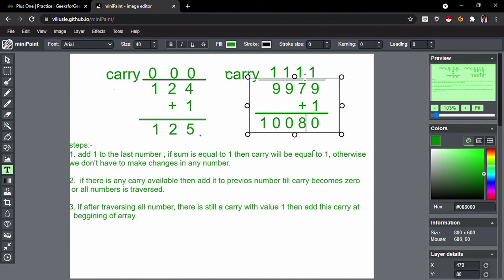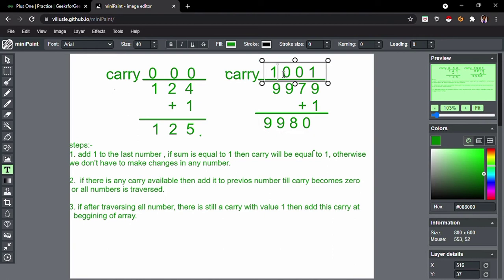Then carry will become 0, and 9 plus 0 will again become 9, and then again carry will become 0, and 9 plus 0 will become 9, and we don't have to write 1 here, as this is not going to be our carry. This is going to be equal to 0. In this case we can stop the iteration from this index. There is no need to iterate this one. So whenever we get our carry equal to 0, we can break from the loop.